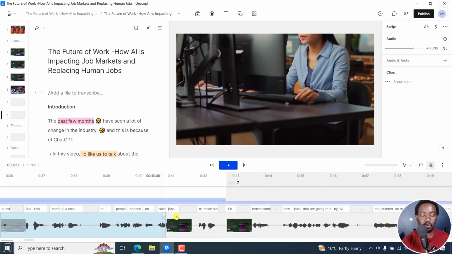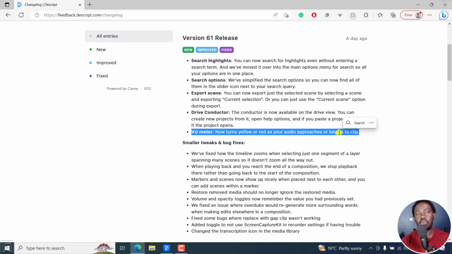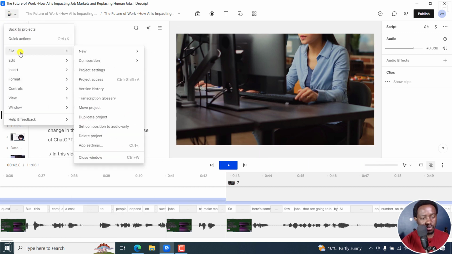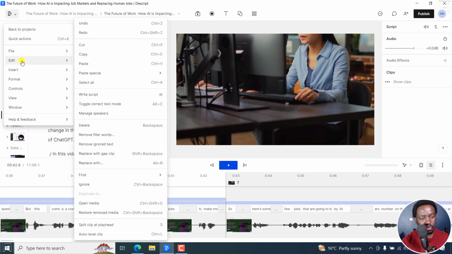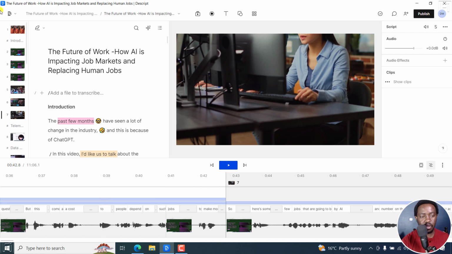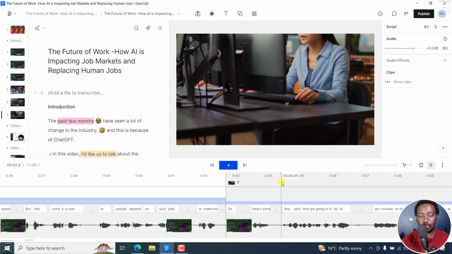So the drive view, you can pull up the Conductor, and then we've got the view meter now turns yellow or red as your audio approaches or begins to clip. So clipping is kind of like the audio being too loud, and it surpasses like 0 dB or something. So this is the view meter right here, and it was introduced in version 60, and I believe you can pull it from somewhere right about, where's the view toggle volume in timeline. This particular view meter, if I click on this, it's going to disappear, but if I click on it again, view or Control Alt U, it comes back, and if I play,